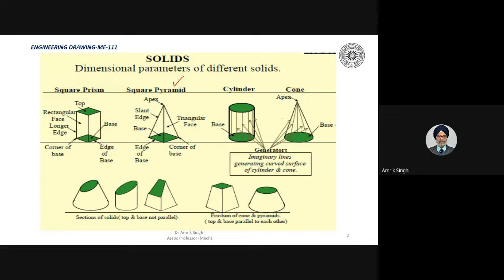Okay. Now you see, this is a cylinder. So cylinder is nothing but a circular prism, and cone is a pyramid only. Okay. So these are the generators. These lines, these are the generators. So if you take a paper and you rotate it like this, so it will create a cylinder. So these are the generators. Okay. So if I show it to you like this,